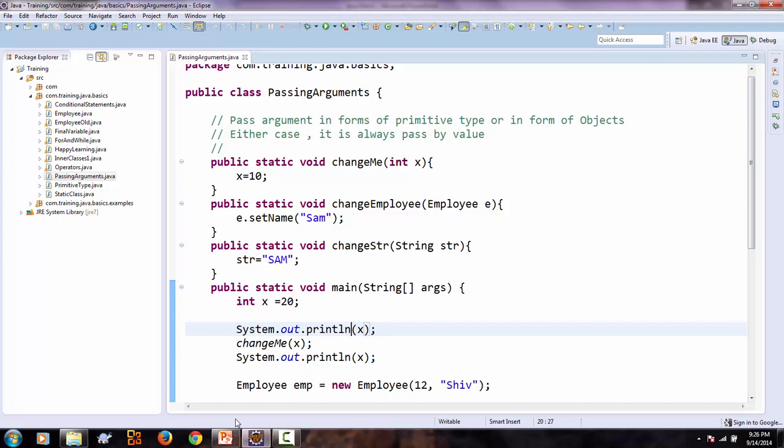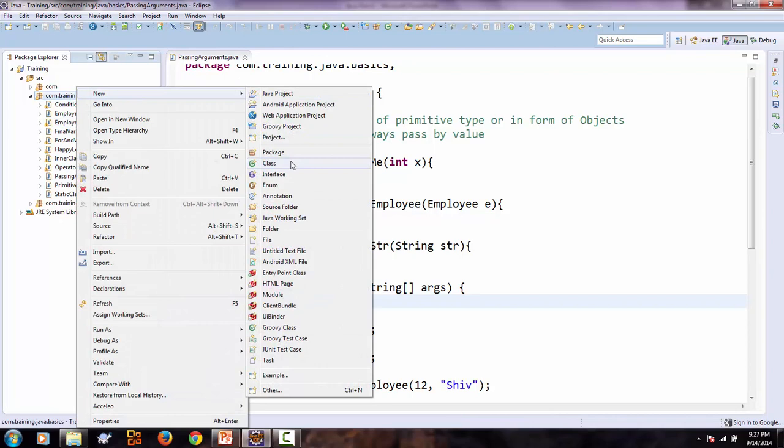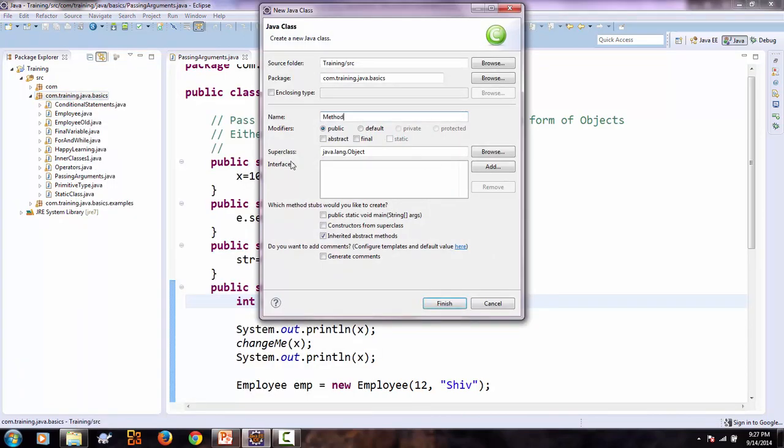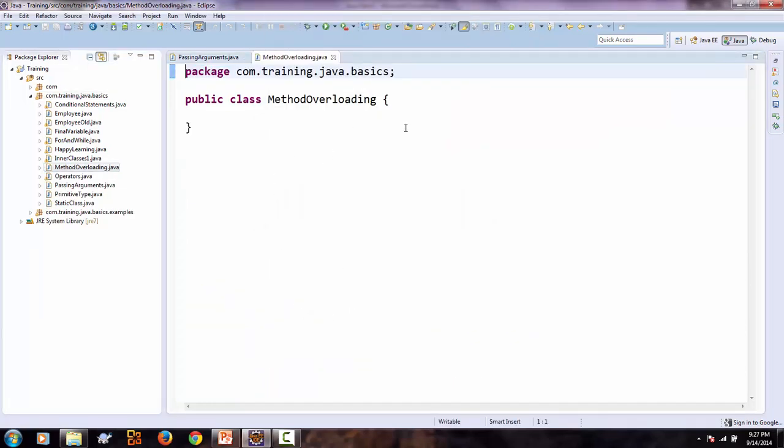Let's talk about another topic, that is called method overloading and constructor overloading. A constructor is also a method which has the same name as the class name, so we can cover constructor overloading in the same way as method overloading. So let's talk about method overloading. Let's create one class, method overloading. So method overloading is a concept